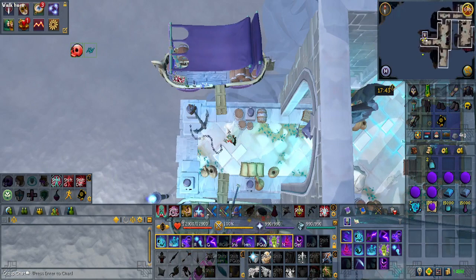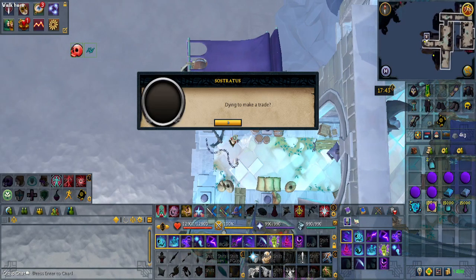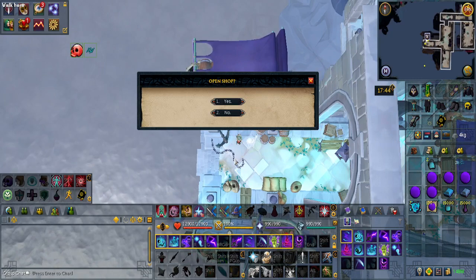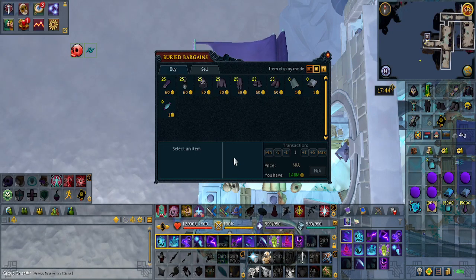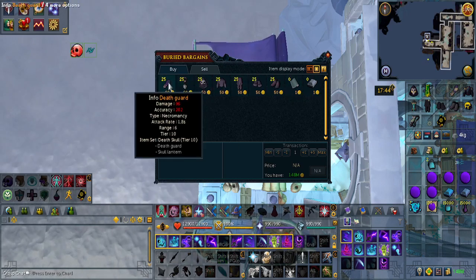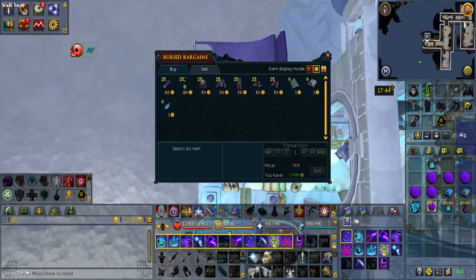Now, instead of the shop option, you want to speak to him, and if this is your first ever time, he will give you a full set of armor for free. If not, hit option 1 if you want to buy another, and for here, pretty much just buy the full set, which is tier 10. Once you do have that,